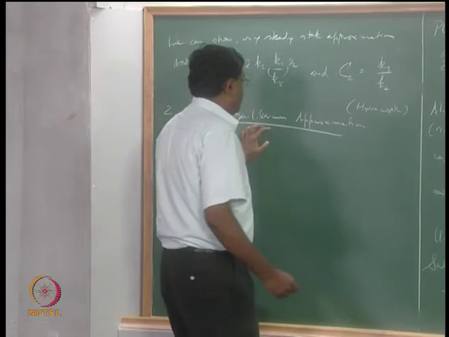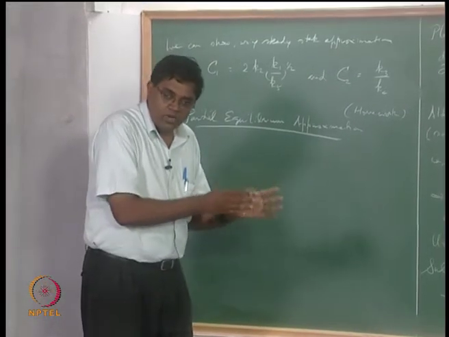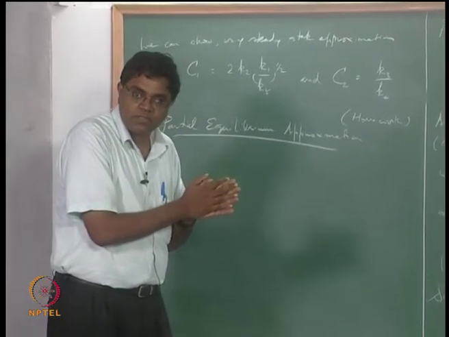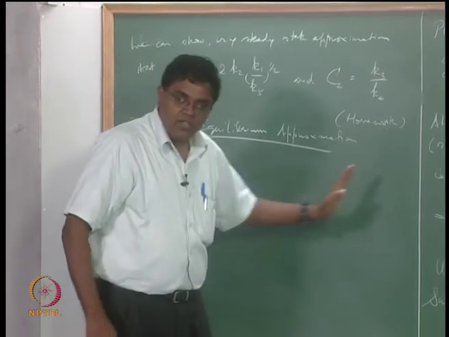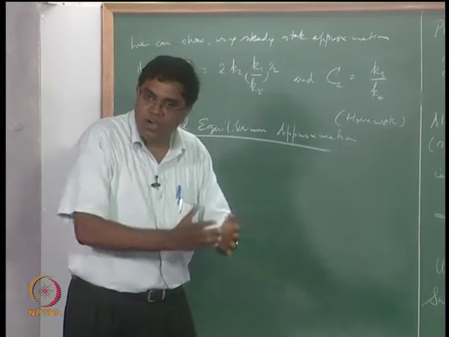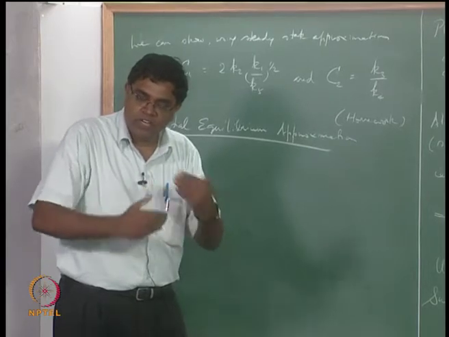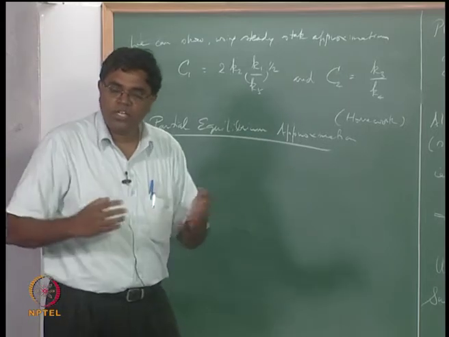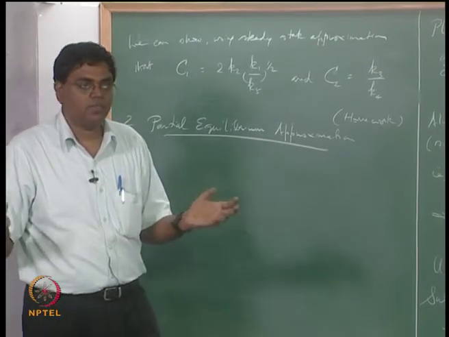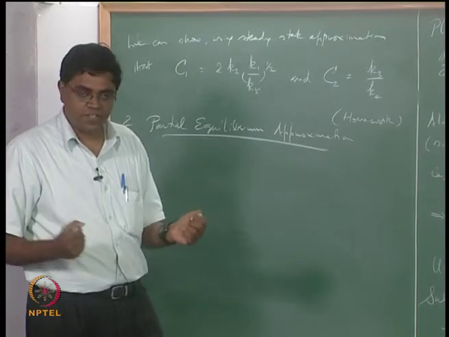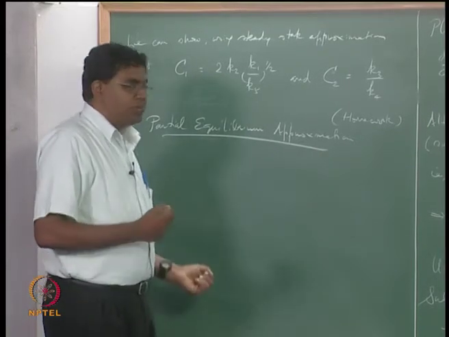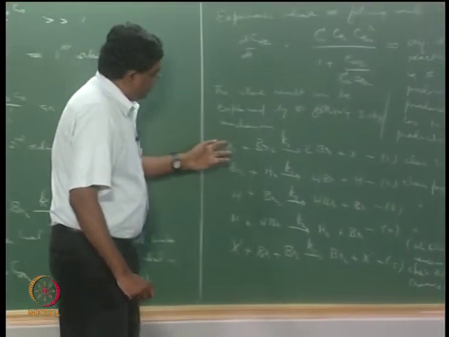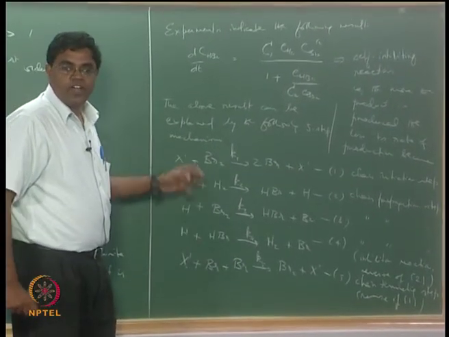The answer is we will now try another approach. Remember, these are based on some physics. It's not like we are trying to do this just for the sake of getting these algebraic expressions. Okay, the previous case we said the intermediates are quickly produced and then they are there as a pool for some time when they are getting interchanged through the chain propagation steps, right, and it takes a while for them to happen, and during this time their concentrations are approximately constant. Okay, so that was the physics there. There is another thing that we can try to exploit, which is the occurrence of these reverse reactions to forward reactions,